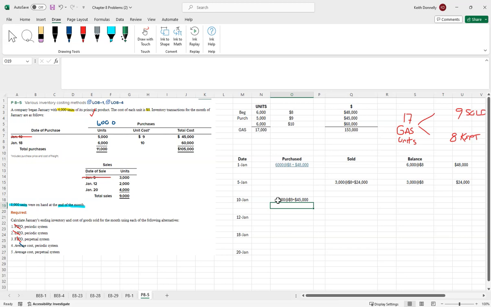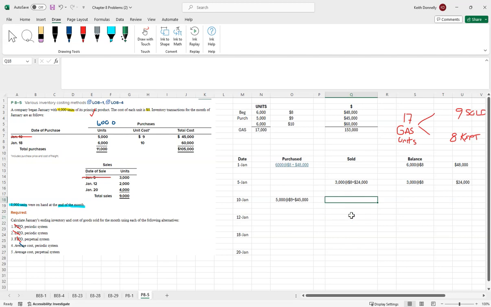With that, the next thing we have to do is deal with the sale on January 12th. But before we get to that sale, we have to figure out our weighted average at this point in time, because when we make a sale, we need to see what our weighted average is. So at this point, with the 5,000 units, we are into this for essentially $69,000, the 24 plus